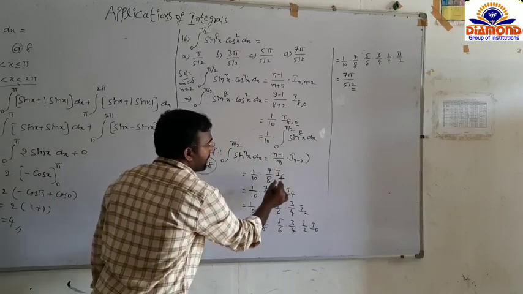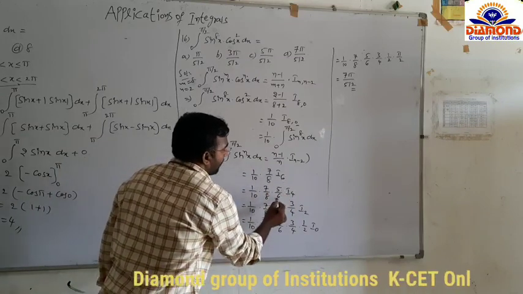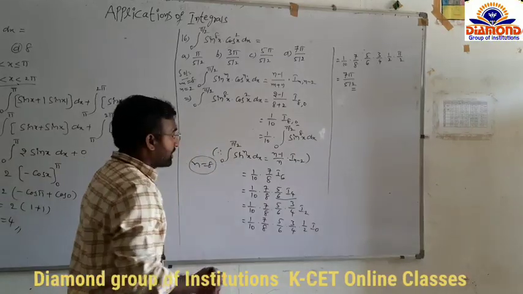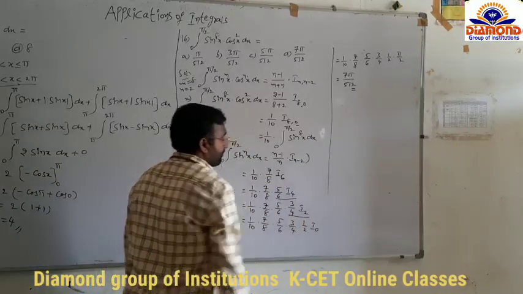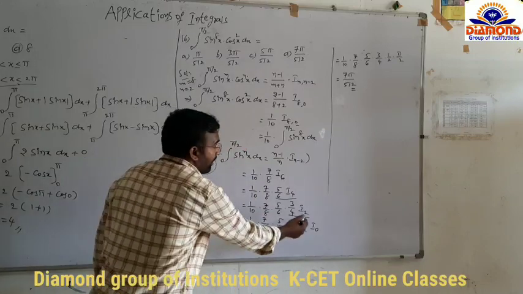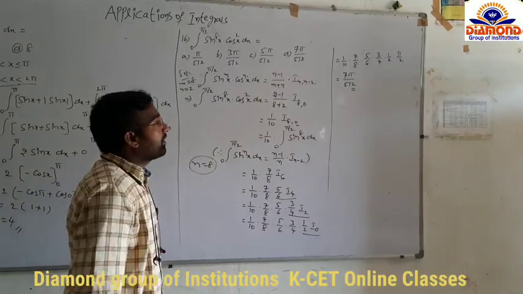Again reduction, I6: the n value is 6, substitute and you get 5 by 6 I4. Next again I4, the n value 4, substitute and you get 3 by 4 I2. Next again n value 2, substitute and you get 1 by 2 into I0. So I0 is nothing